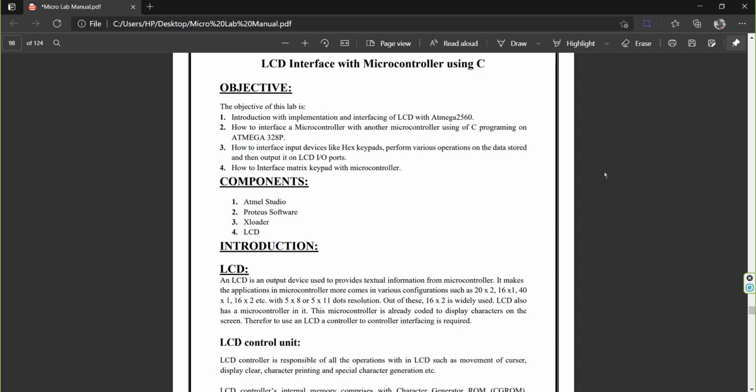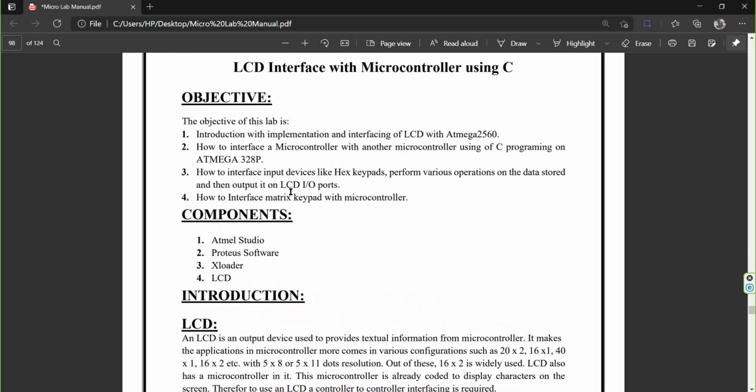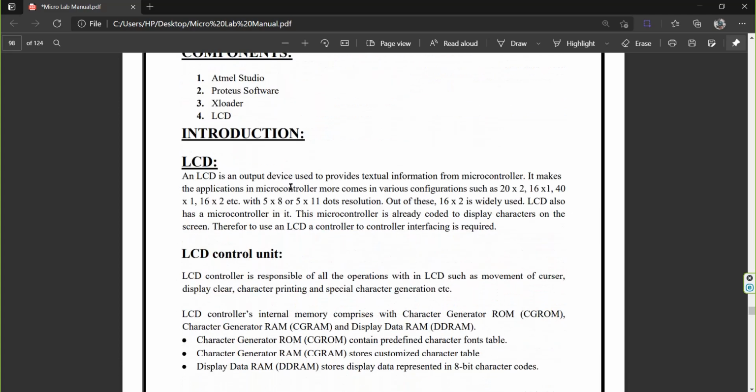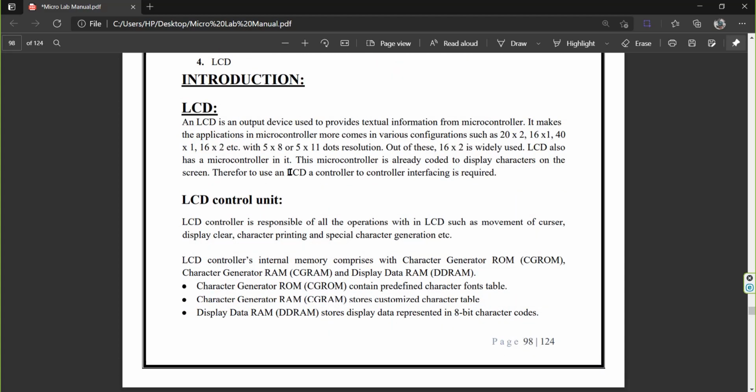Today I am going to explain how to interface an LCD with a microcontroller using the Hex Keypad. First of all, we are simply going to see the LCD header file, how to make the LCD header file, and then further we are going to use the LCD with the Hex Keypad. So the first thing is, what is an LCD? LCD is basically an output device which is connected to the